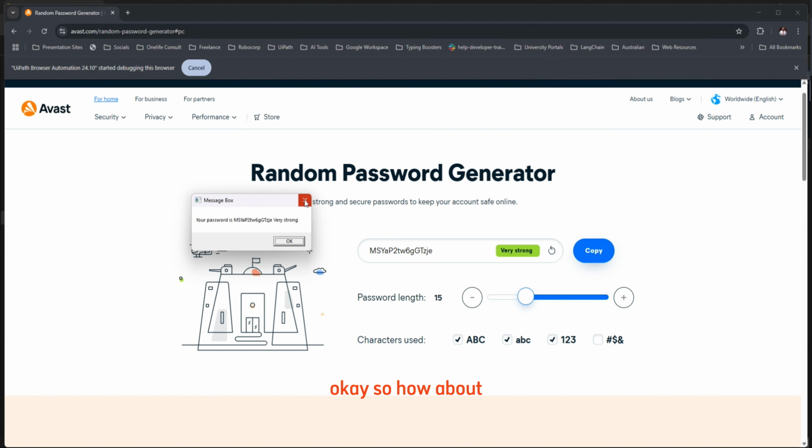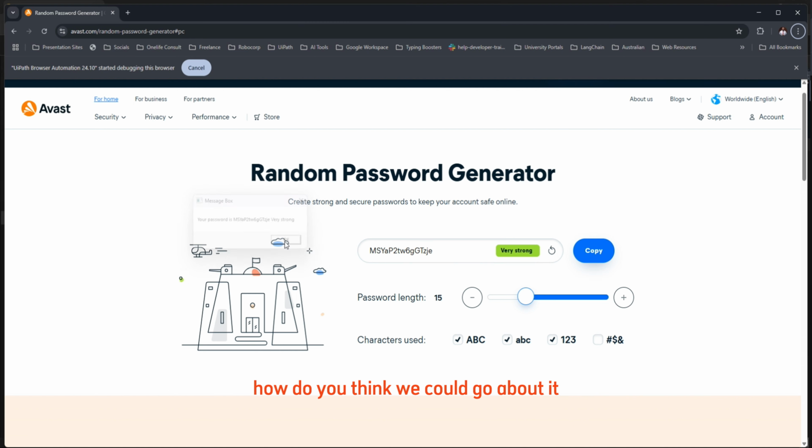Okay. So let me try to close. But you see, we have undesired text in our password, like very strong. So what do you think? You type in the comment section. How do you think we could go about just having our desired text, not having this very strong? But as you think about that, I'll